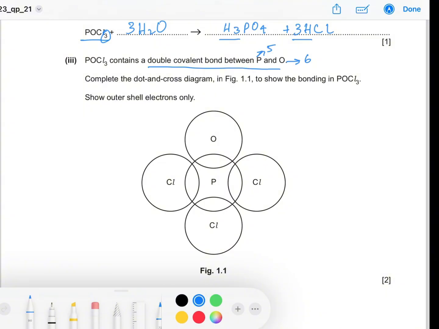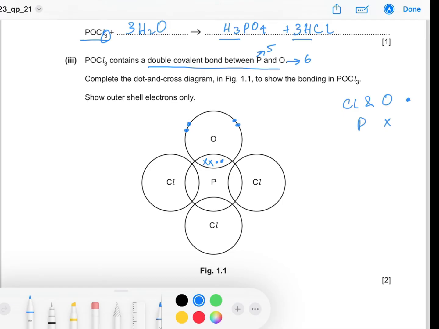So let's say we denote the chlorine and oxygen electrons by a dot and phosphorus electrons by a cross. So phosphorus will donate 2 electrons and oxygen will also contribute 2 electrons to the double bond, as each single covalent bond requires 1 electron from each element. So a double bond will require 2 electrons from each participating element. Right, so oxygen has 6 electrons in its outermost shell, 2 of which are used in the covalent bond. Then you are left with 4 electrons in the outer shell, which are found as pairs